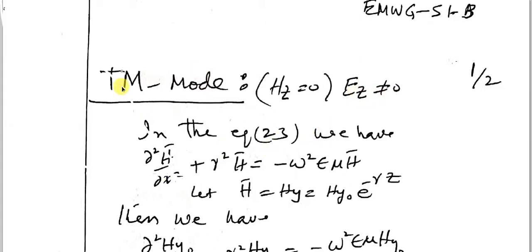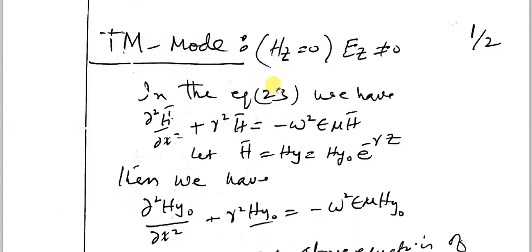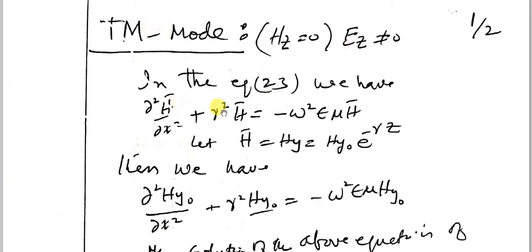Already we have defined that in transmagnetic the magnetic component is transverse to the direction of the propagation, with no longitudinal component of the magnetic field vector. But Ez has a longitudinal component in that case. So let's now get the derivation of the equations for the related components of the E fields and